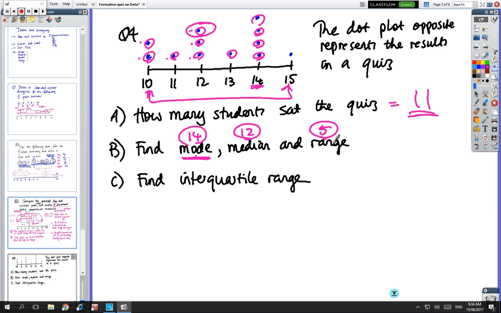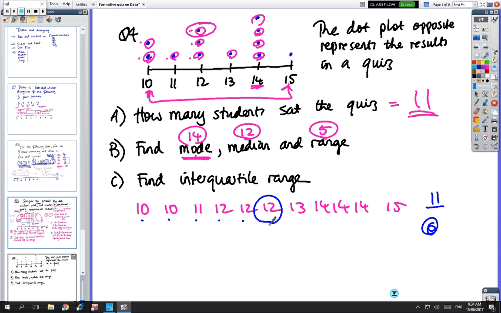Now for the interquartile range, it might be easier to write out the scores: 11, 12, 12, 12, 13, 14, 14, 14, and 15. So there's 11 scores. So the middle will be the 6th score. 1, 2, 3, 4, 5, 6. And then